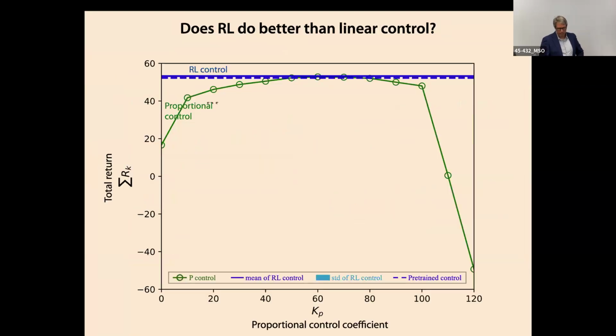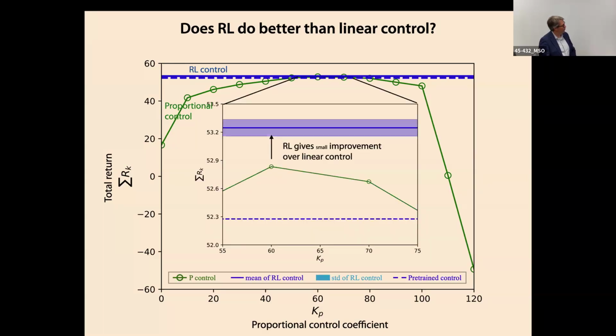Now we're going to try to compare. Did we do any better than linear control? Well, if I stopped here, then you would say, no, this is a waste of time. Reinforcement learning did not help us a bit because it's only a very slight improvement over the classical control approach. That seems kind of ludicrous, to spend all that effort trying to make it marginally better. But that's actually not what our goal is. Our goal is to make this work in these sort of indefinite sequences of strong gusts.